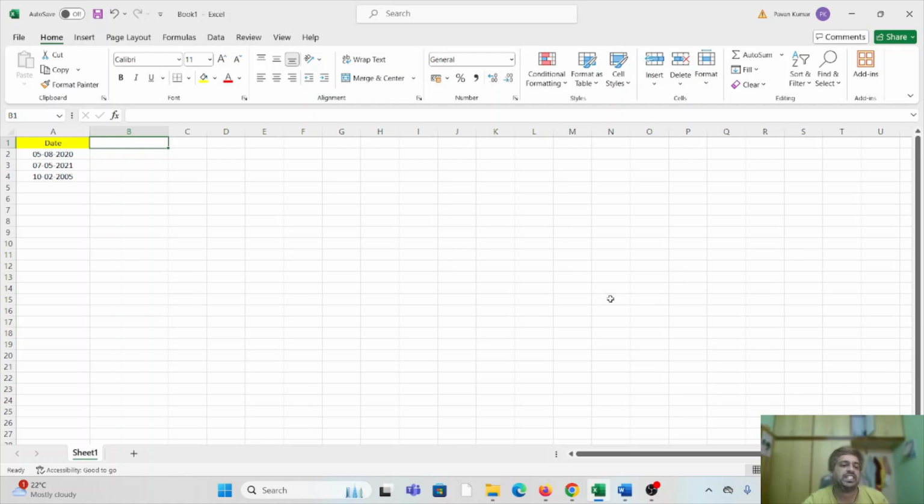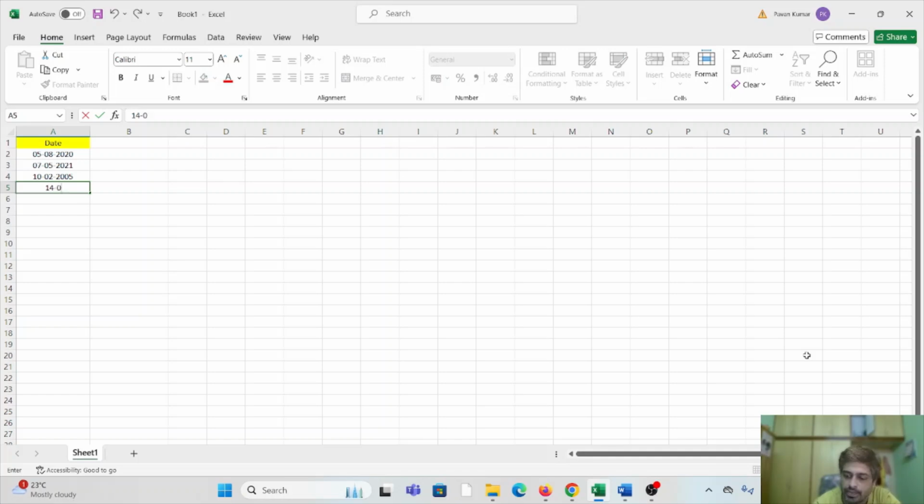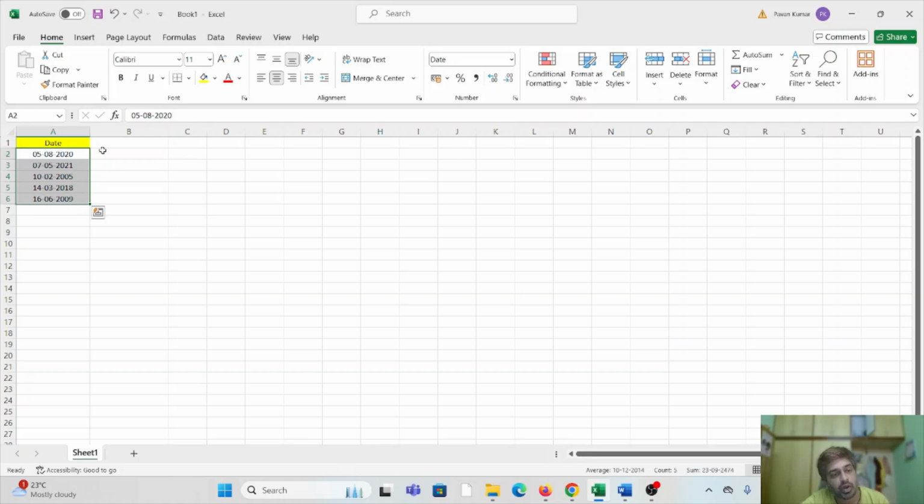So this is the MS Excel file. So here you can see some of the dates. I will try to add one or two other dates, 2018 and 16-06-2009. Okay, so here you can see some of the dates. Suppose you want to forward this date to some specific month, and you want that specific